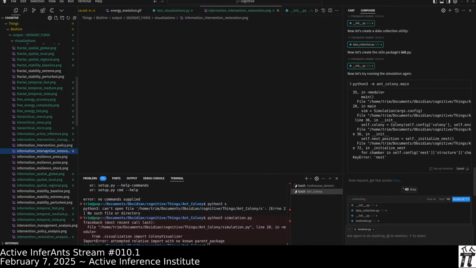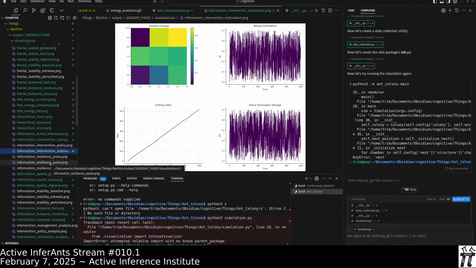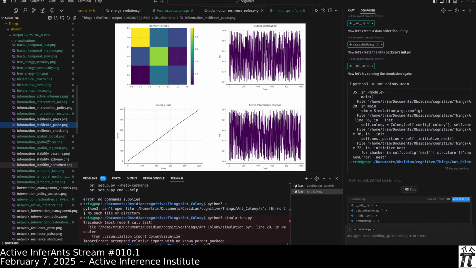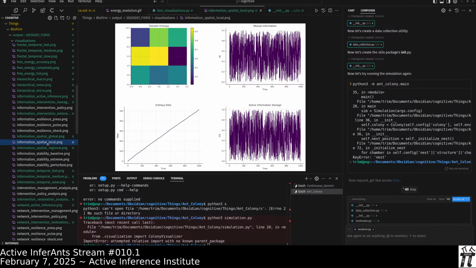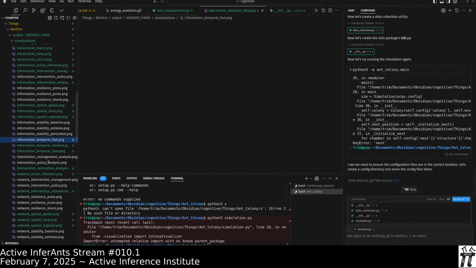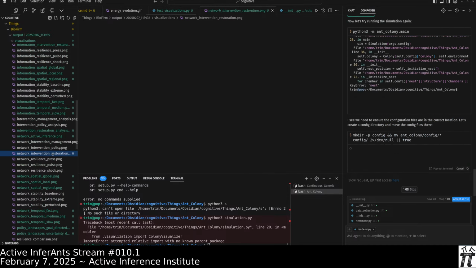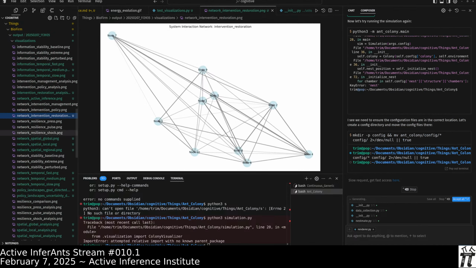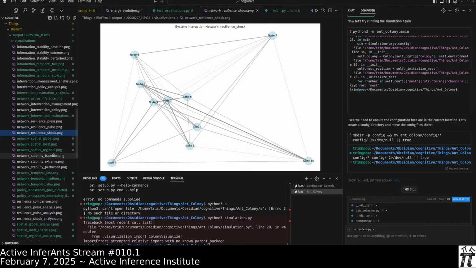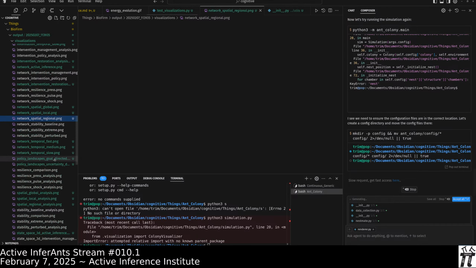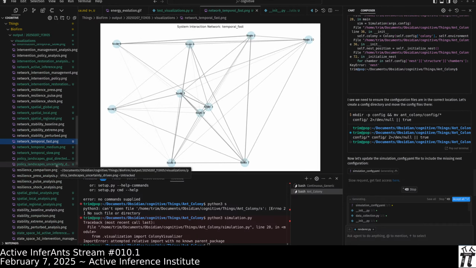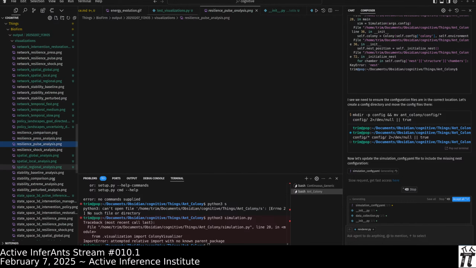Okay, hierarchical active inference. We could say, make an Obsidian file that represents the topology of the Bioferm simulation. Okay, information, interventions on networks. Let's add like an Earth plotting component or something. But it just, okay, that one looked interesting.